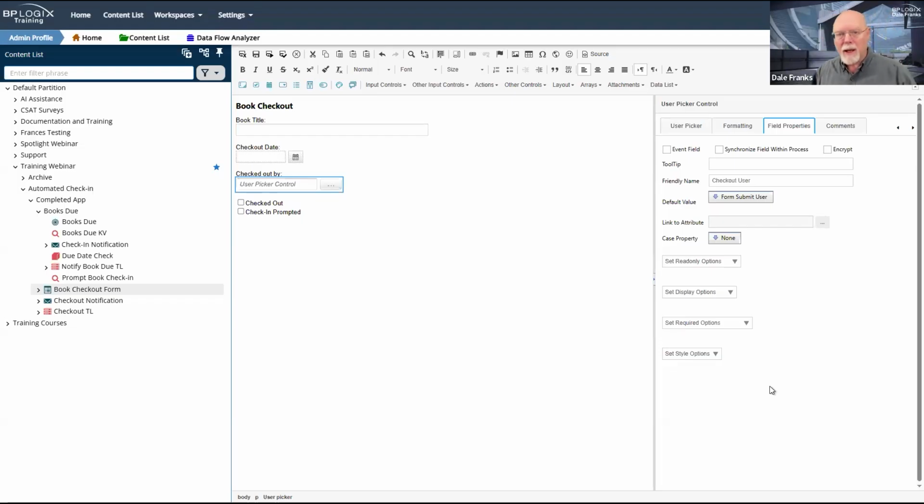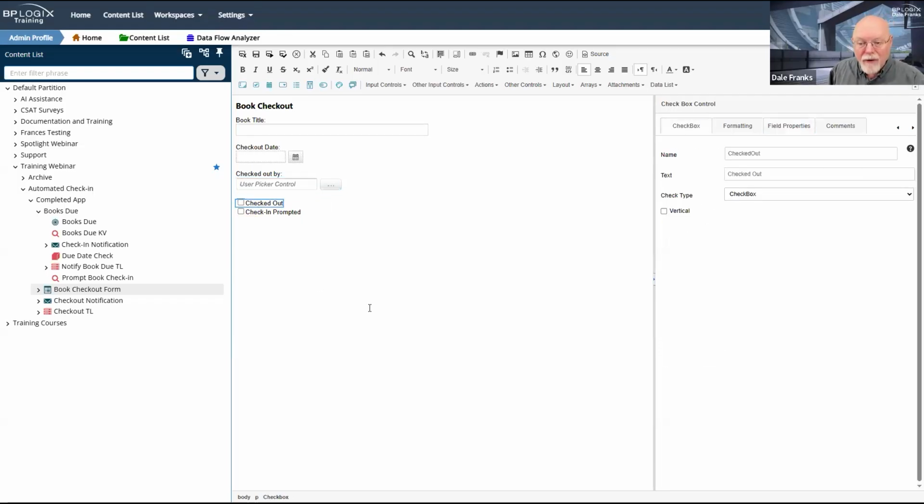In the real world, that's probably not how it's going to work. In the real world, you're probably going to have some equipment administrator or librarian, I guess, in this case, who is going to specify who checked out the book. It'll be the librarian who handles the book checkout. If I set the default value to form submit user, that's probably not going to be useful in the real world because the user who checks the item out is probably not the one who's going to be administering the checkout. So in the real world, you would not set a default value here. We would just expect the user to be picked based on who they actually are rather than who is submitting the form. I have set it here simply to make my life easier.